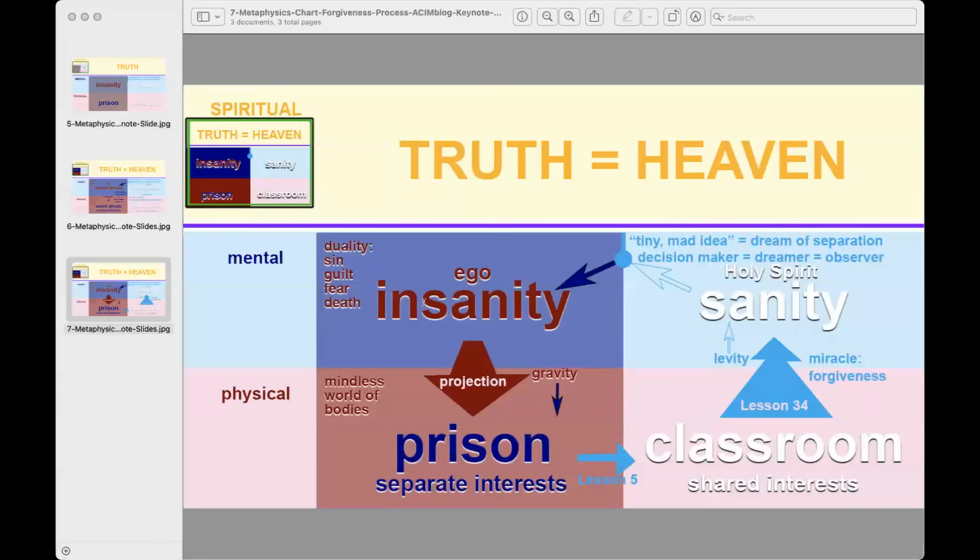Okay. All right. So for the dynamics of the ego, the first sentence is, no one can escape from illusions unless he looks at them, for not looking is the way they are protected. So the not looking would be the outer and inner shield of oblivion. Let me see if I can find that slide again real quick.